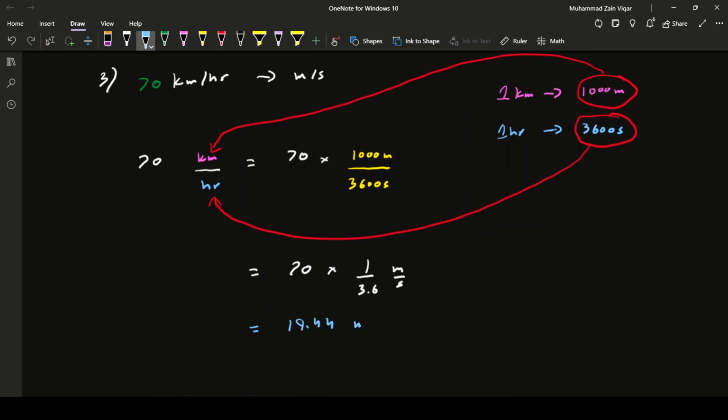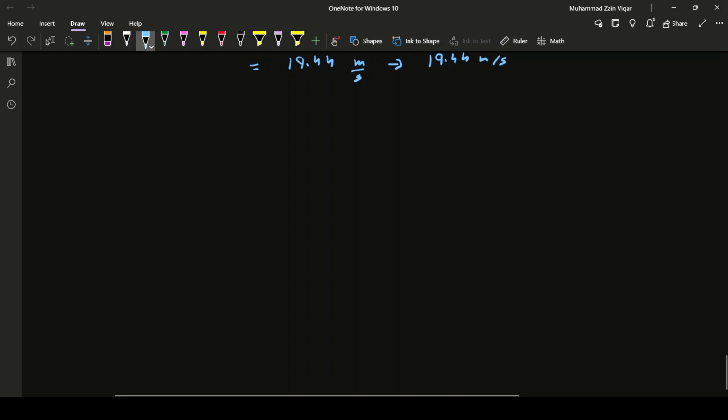19.44 meter per second, and I could obviously write them as 19.44 meter per second. So this would be my conversion, and this is what I'll get. So 70 kilometers per hour are equal to 19.4 meter per second. There's another type of conversion, or another example of this would be if I had to convert,